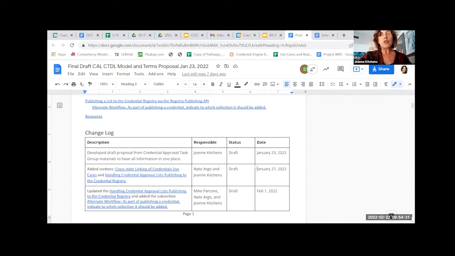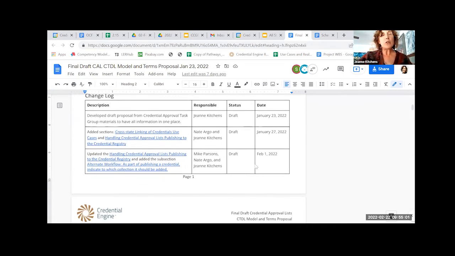And we start off with a change log, and you can see that we've already made changes to this based on feedback. One of the things that I did not list on the slide, but we have also done, is we have held interviews with several states in particular that are responsible for creating lists and making lists data available to their communities and students and workers and employers and so forth.